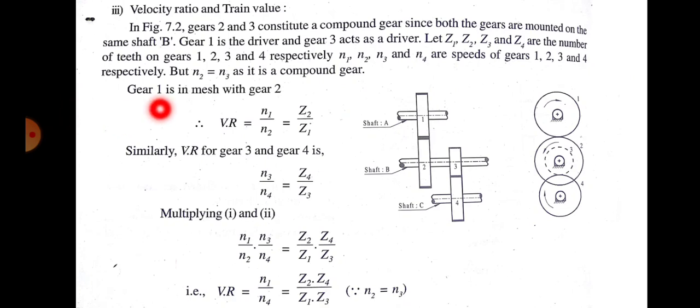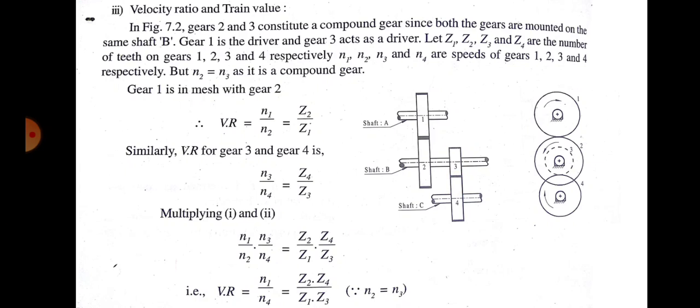If you remember, I have told you that I will explain what is compound gear train in the next slide. So this is an example of a compound gear train. So previous case what you saw was a simple gear train, right? Where you had first gear connected to second gear connected to third. So that was simple gear train, and this is called as compound gear train. Why is it called compound gear train?